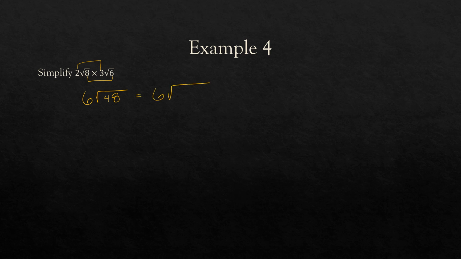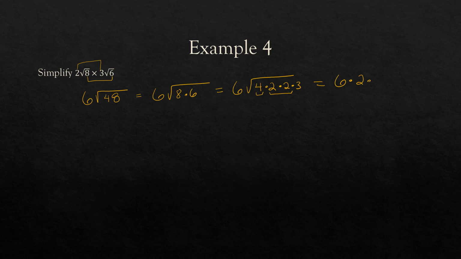So 48 is 8 times 6. And now those don't simplify, but we can keep going to the prime factors of 8 and 6 and see which ones are together or common. So 8 is 4 times 2, and 6 is 2 times 3. So now I have 2 times 2, which is a perfect square, and I have 4, which is also a perfect square. If I take them out separately, the square root of 4 is 2,